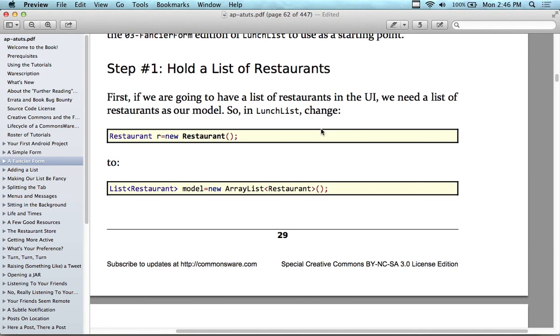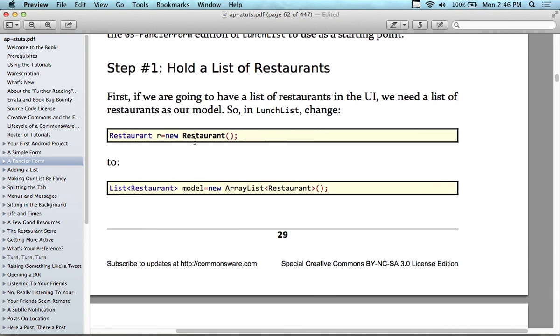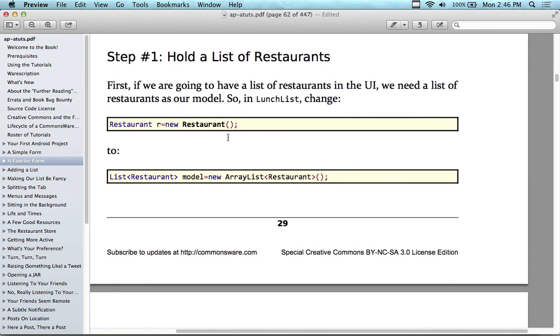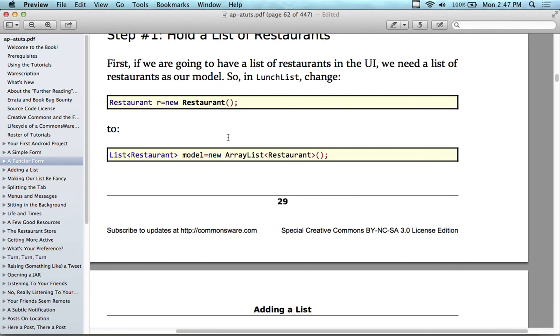And so we still have this line here, restaurant R is equal to new restaurant. So we're going to put that inside of the list. And this is using the abstract data type list, which is part of the container classes of Java. This is a Java list, by the way. So it's going to be List, it's going to be called model, and it's going to be equal to a new